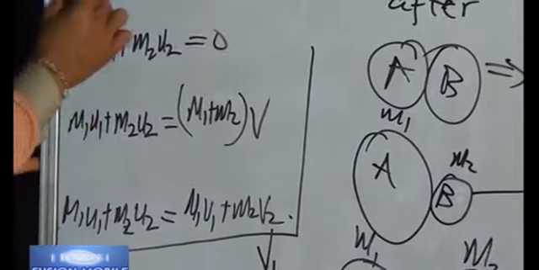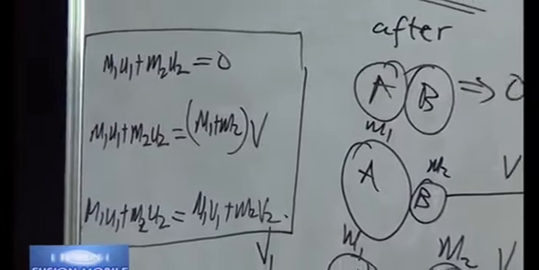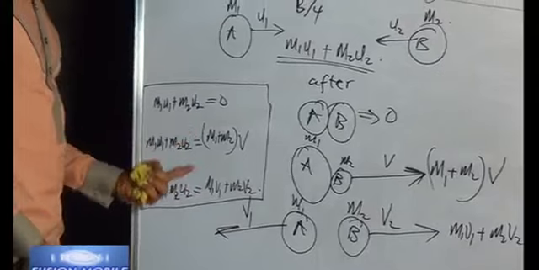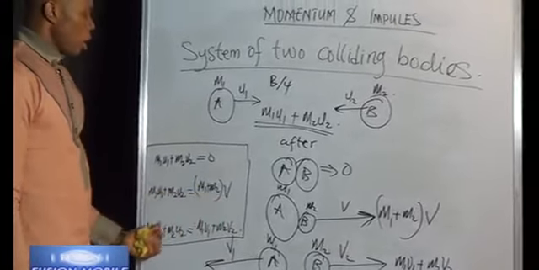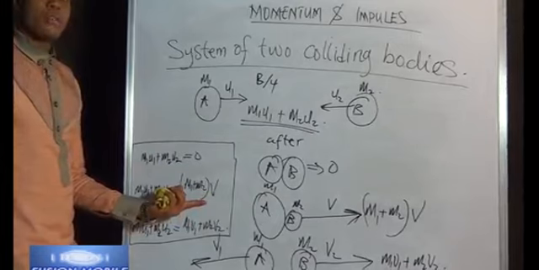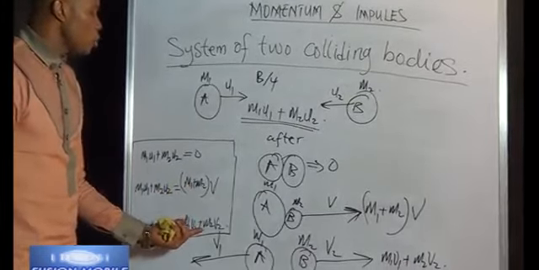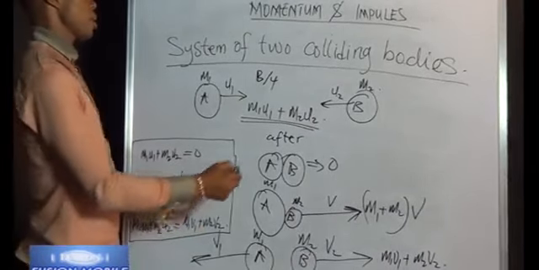These three equations are very important whenever we talk about a system of two colliding bodies. Most especially these two for any exam. Watch out for it. Call it UTME, call it WAEC. Look out for these two equations. In this one, the two bodies are moving with a common velocity after impact, while here each one is moving with its own single velocity after impact.